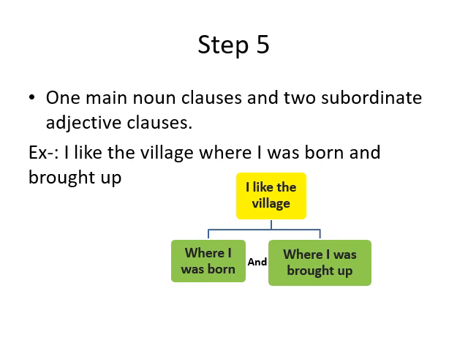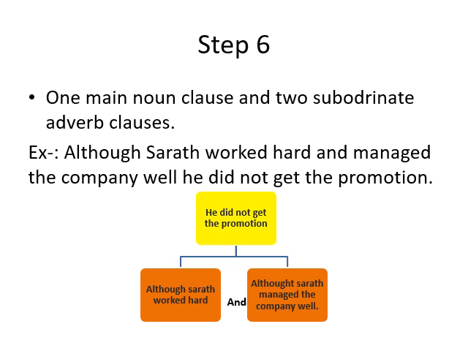Now we proceed to step 6. Now from step 6, one main noun clause and two subordinate adverb clauses. Although Sarat worked hard and managed the company well, he did not get the promotion. So he did not get the promotion is the main clause, and there are two reasons for that. There are two reasons which show us although